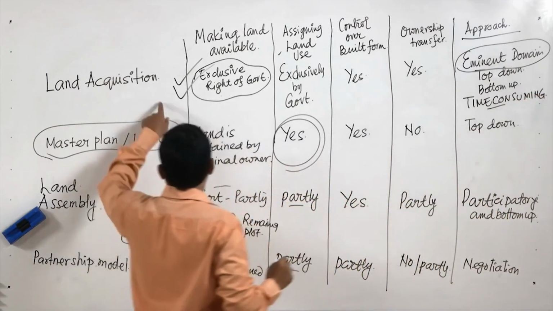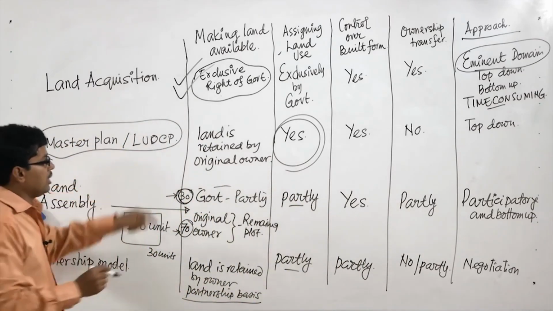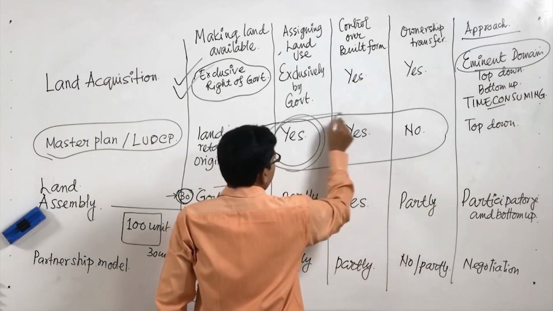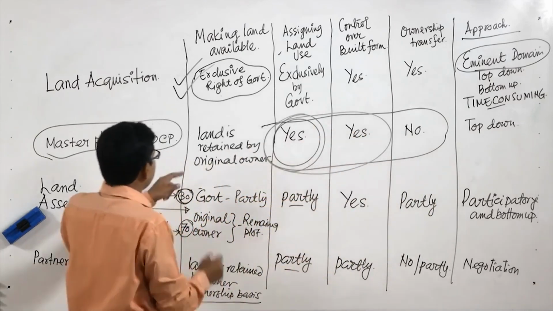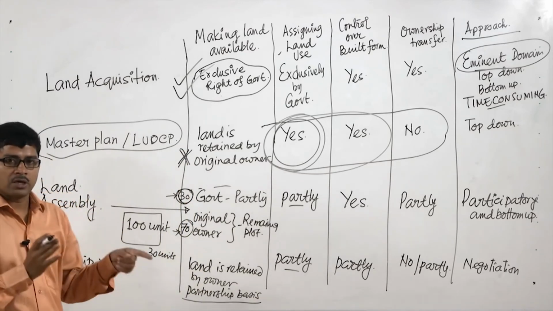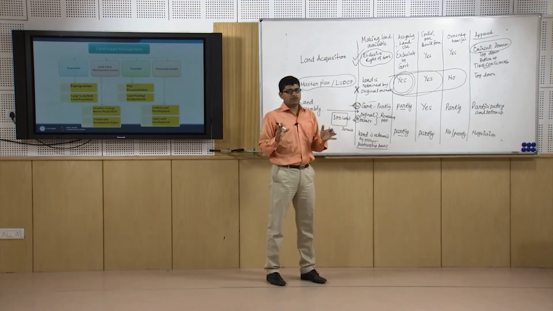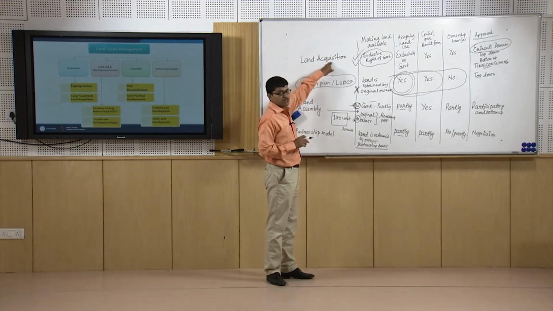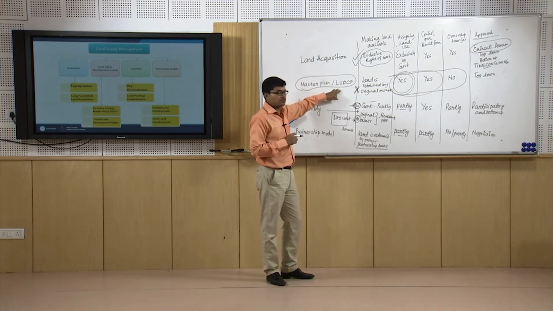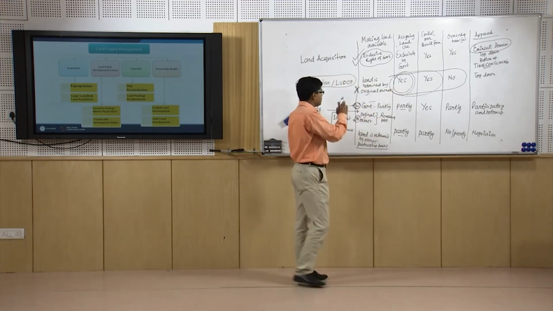So, that is the most difficult part of the Land Acquisition Act, whereas the master plan and LUDCP, its advantage is they have a very stringent mechanism of control of the land, but definitely they do not ensure the land transfer from private to government. So, if you want to get a large amount of land for the public purpose, for the future development of industry and infrastructure, the land acquisition method is the only method. You cannot go for the master plan and LUDCP method, but this is required for the overall control of the city, overall control of the land for the future housing and urbanization. So, that is the major difference.